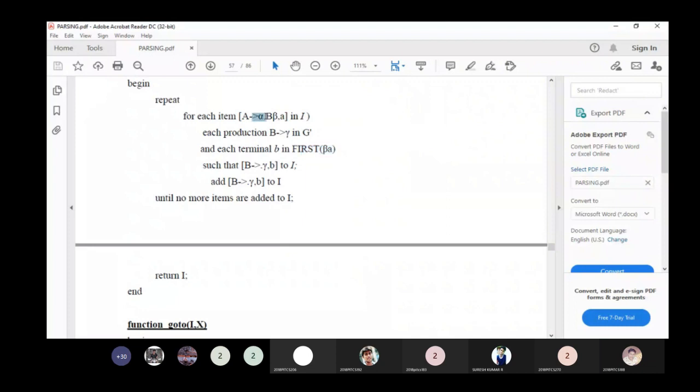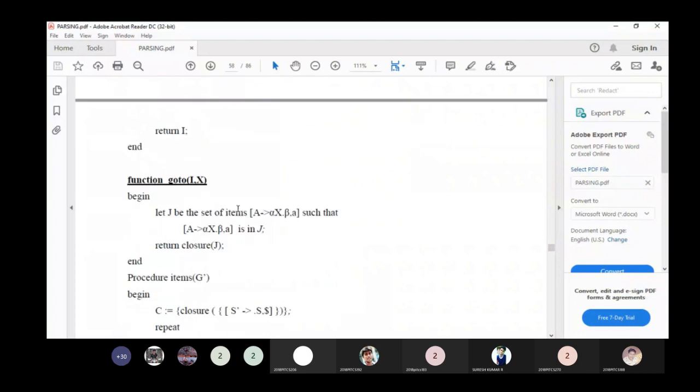So first you have the production rule A → α·Bβ, and for each production B → γ, we add the terminal b. So b is the lookahead, and we find it by taking first of βa. We repeat this until no more items are added to this set of items.